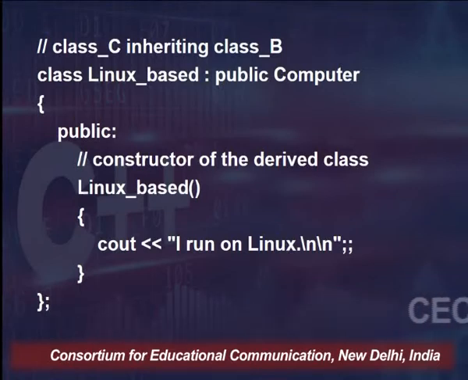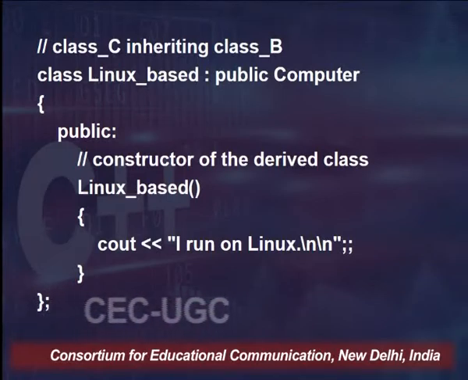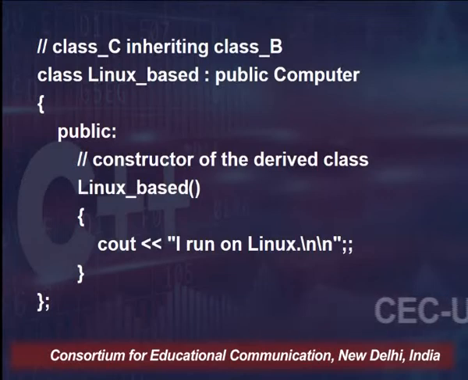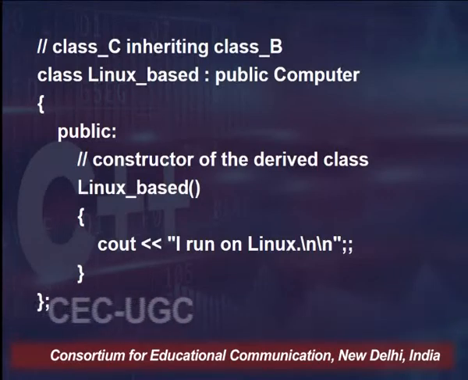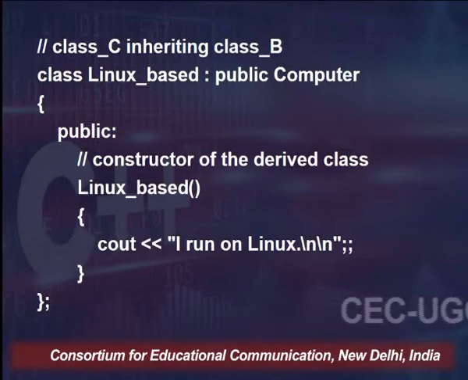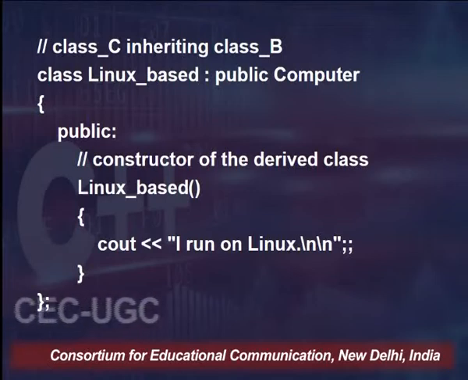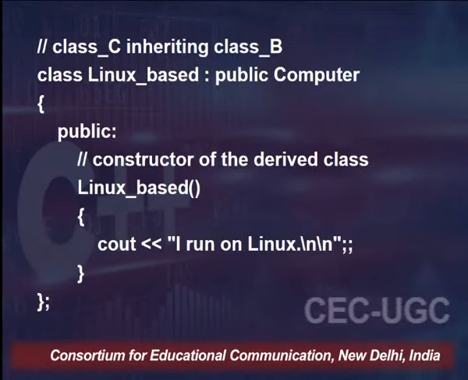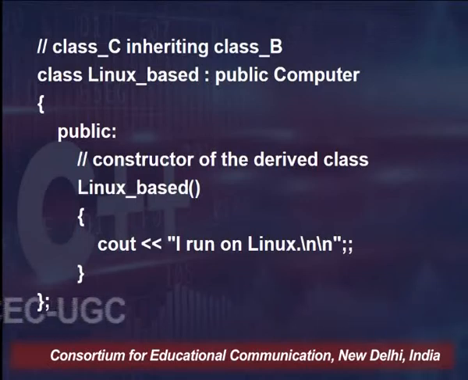inheriting the class computer, which in turn has already inherited the class electronic device, and it is giving one constructor of its own, which is named, obviously, as it is the constructor, Linux based, and the statement is "I run on Linux". Now, what is happening here? Whenever I say that this Linux based is inheriting the class computer in the public mode, so what is